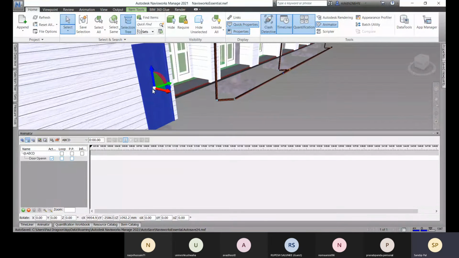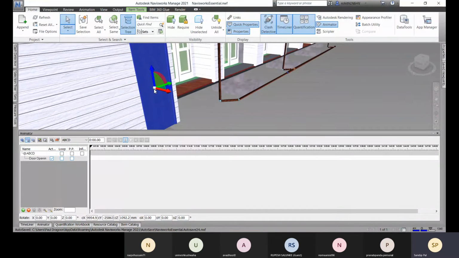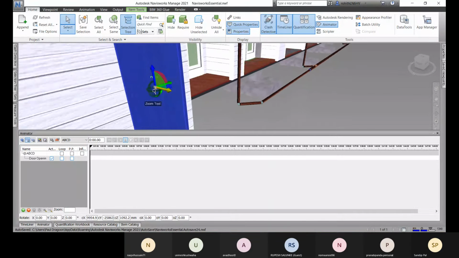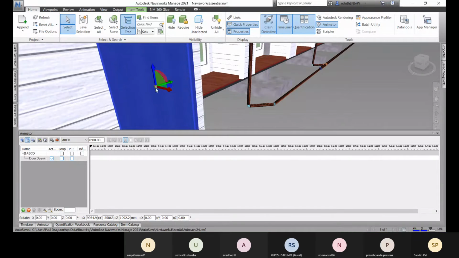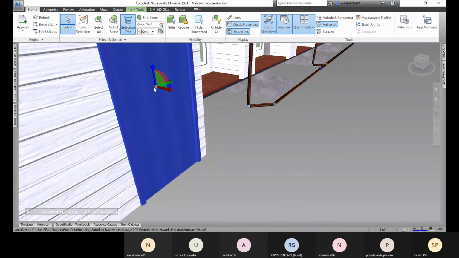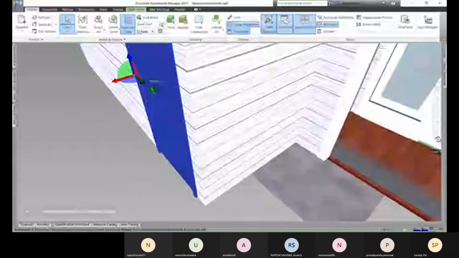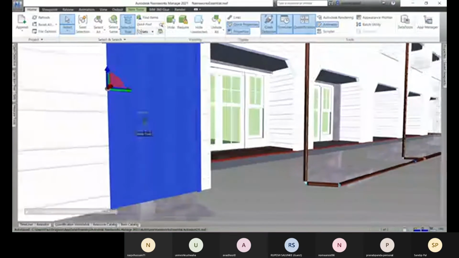Make sure that you select that pivot base point, that circle. Let me place it here.